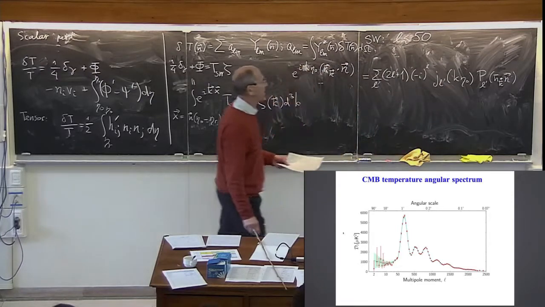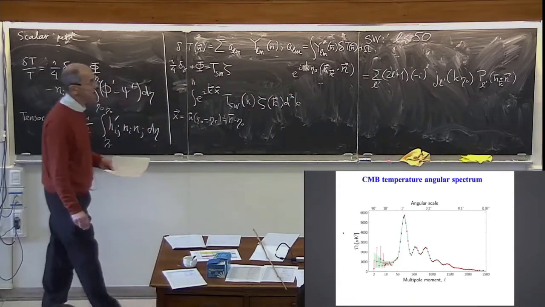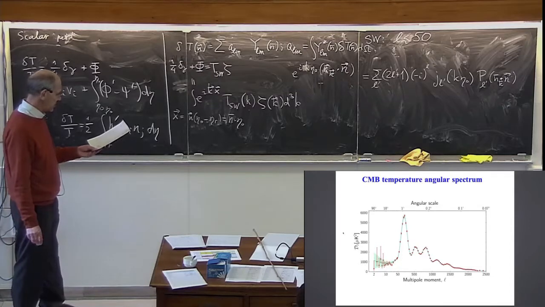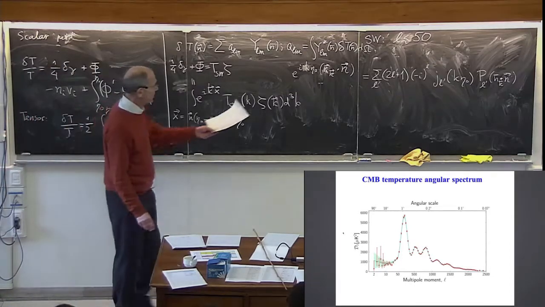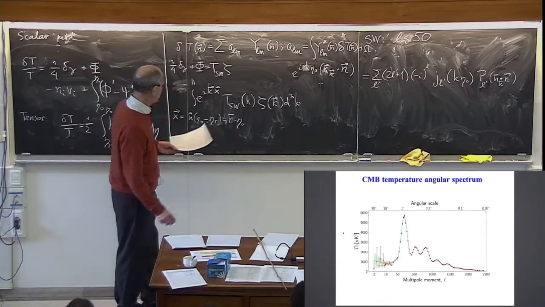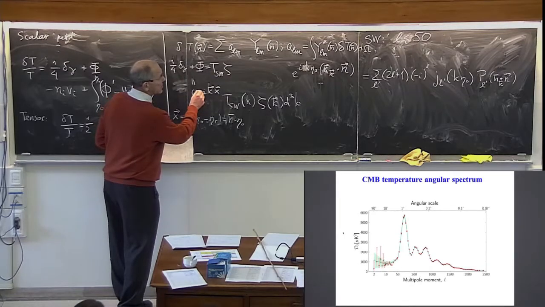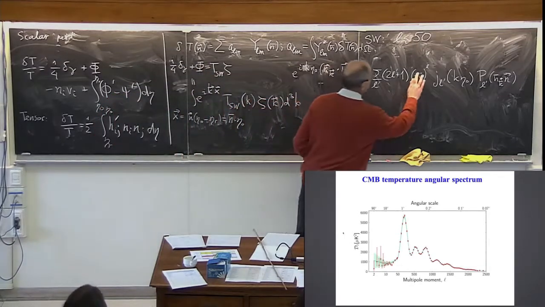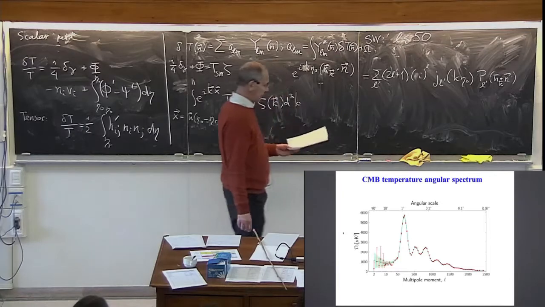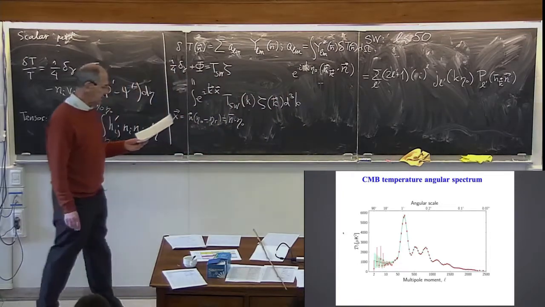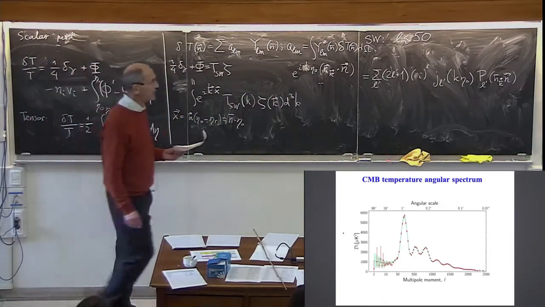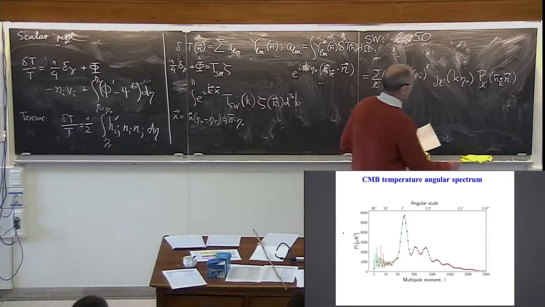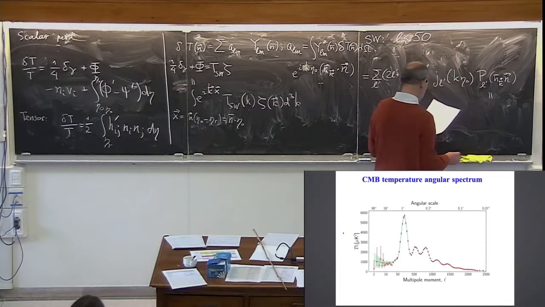So you expand the exponential in a very well-known expansion, with a plus i here. Expand it in terms of the Legendre polynomial, and then you know that this Legendre polynomial